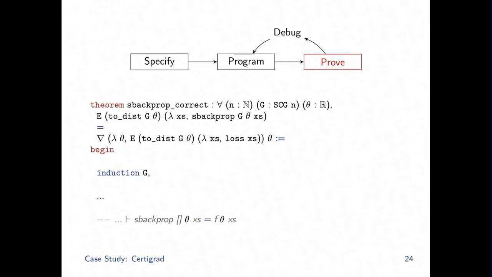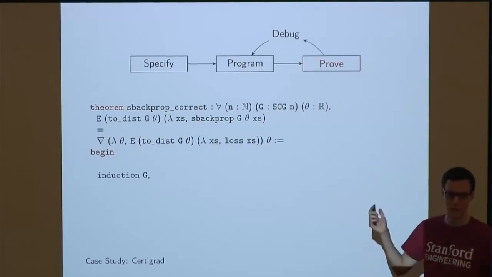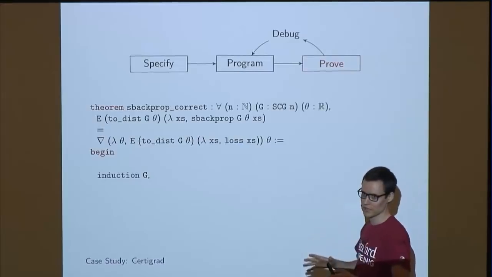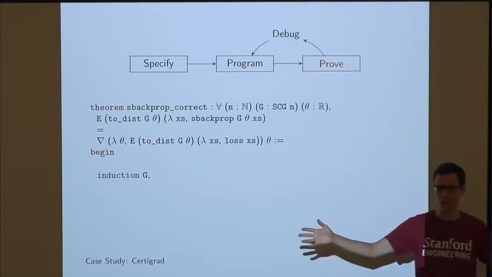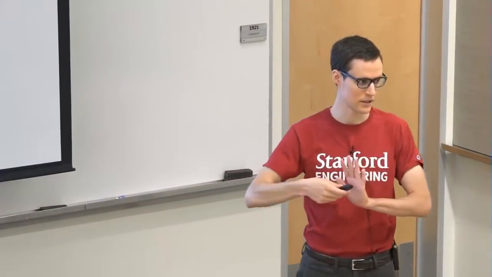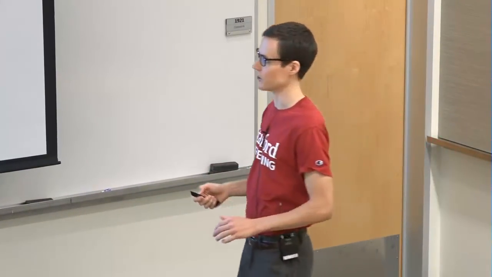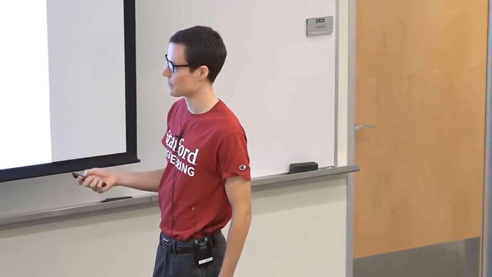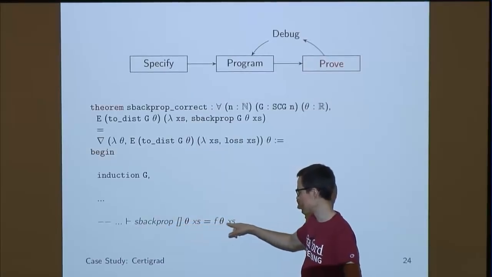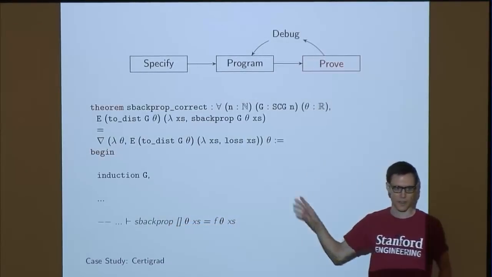So now we start proving, and we don't actually know anything about G here, so there's nothing we can do, but we can just figure we have to reason by induction. In this example, I'm hiding a few details, but the graph is essentially just a list of nodes, where each node has references to the previous nodes in the graph. So it's some topologically sorted set of nodes. And I take a few steps, and then I'm manipulating the right-hand side, and eventually I see that the base case has to be equal to this term, f.